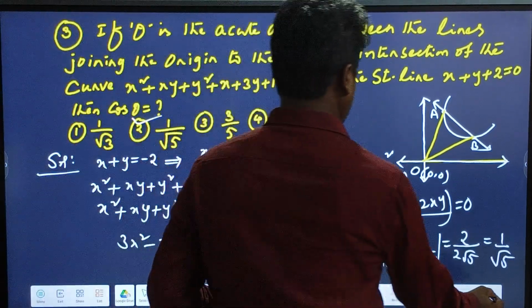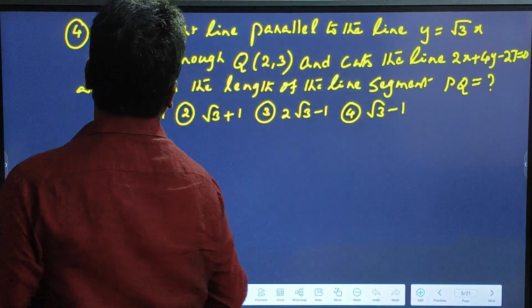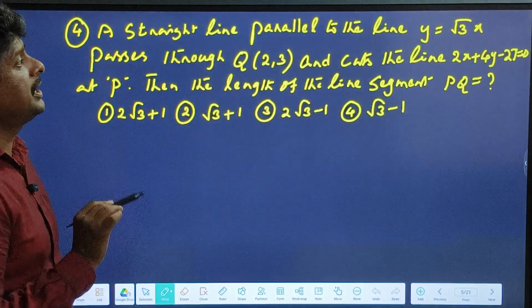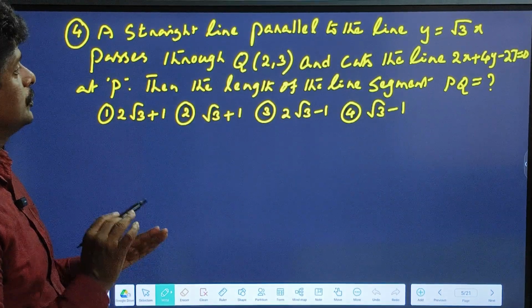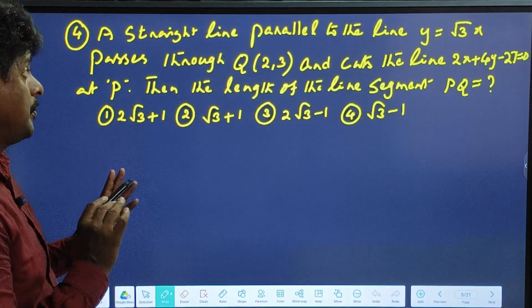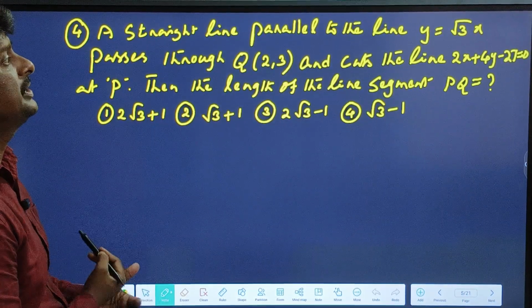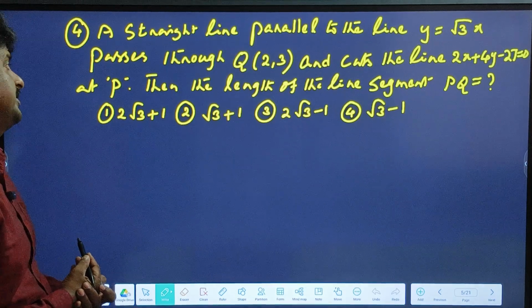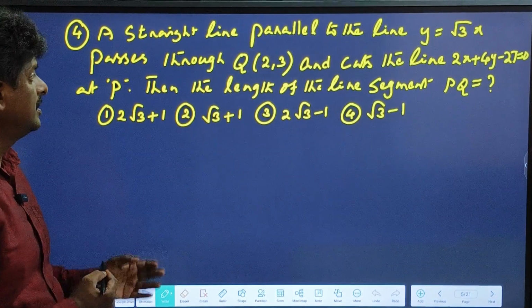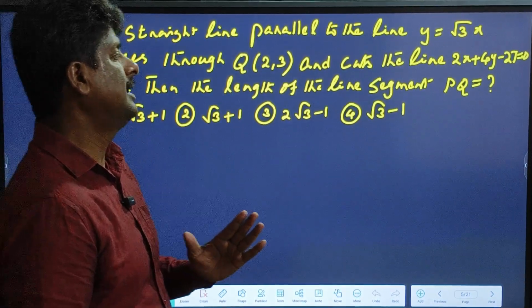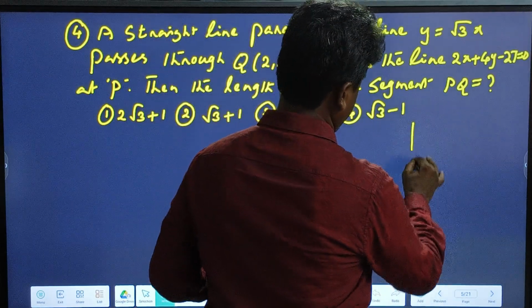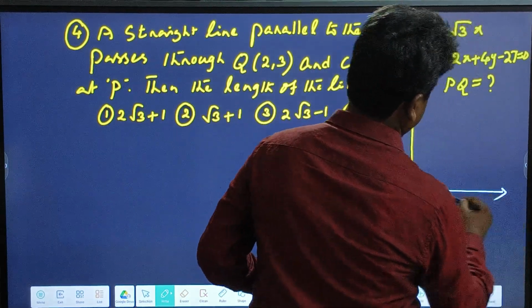Next problem, problem number 4. A straight line parallel to the line y equals root 3x passes through Q(2, 3) and cuts the line 2x plus 4y minus 27 equals 0 at P. Then find the length of the line segment PQ. So this is